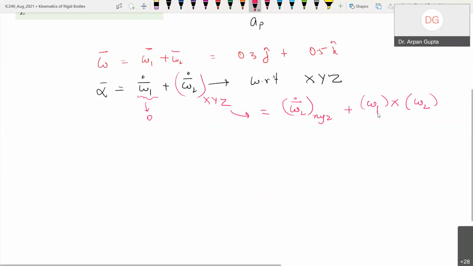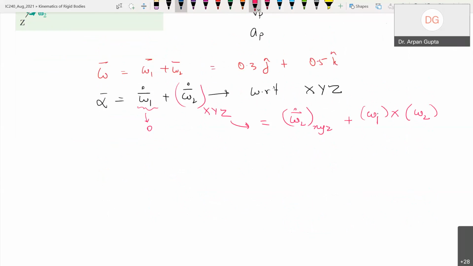Right? So now here is an application of what we have seen, derivative of a rotating frame. I'll just rewrite that expression. Q dot with respect to capital XYZ is equal to Q dot with respect to small xyz plus omega of small xyz cross product with Q. So this is again the abstract thing that we derived in the last class, and now here the Q takes the shape of omega 2.